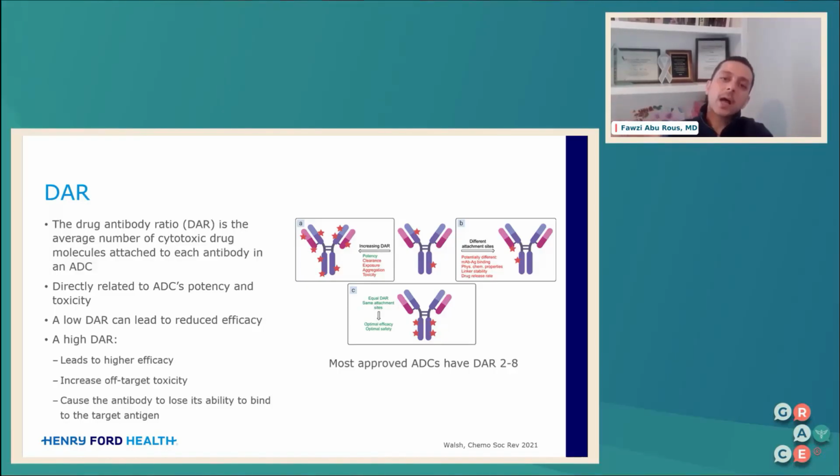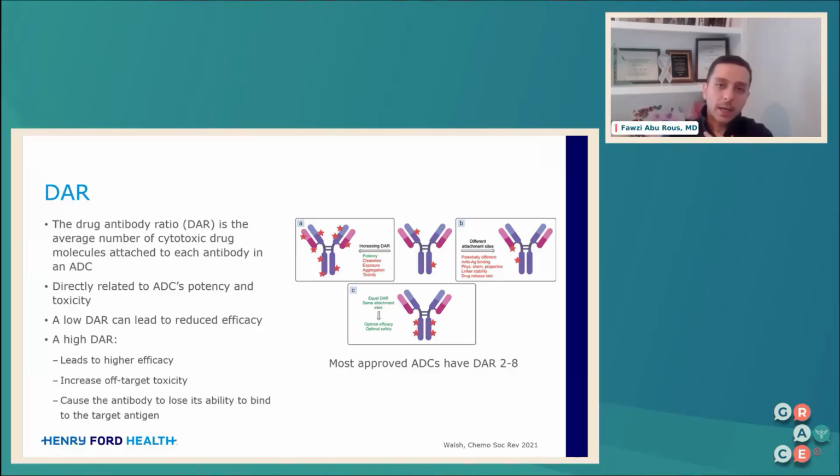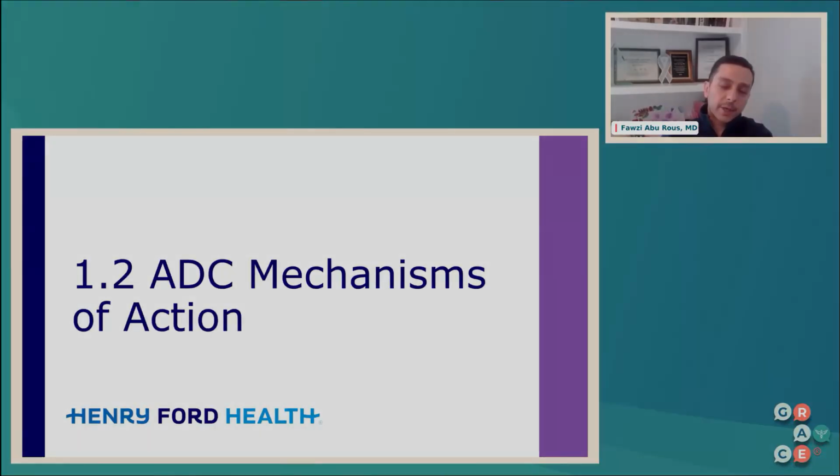So higher DAR means higher efficacy, but possibly higher toxicity. Lower DAR means lower toxicity and potentially lower efficacy. So most approved ADCs have a DAR between 2 to 8. So either 2 to 8 particles of chemotherapy are attached to that one antibody. So these are the components that we need in order to make our own ADC. We need the antibody, the chemo, the linker, the target, and then we need to understand the DAR, or the drug antibody ratio. So how